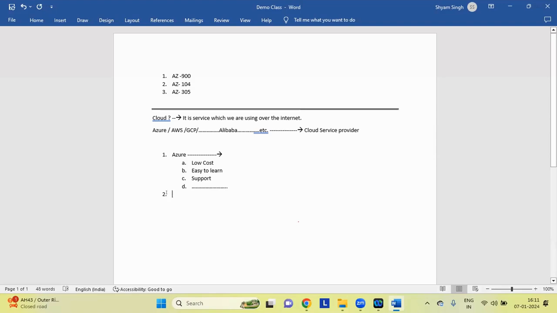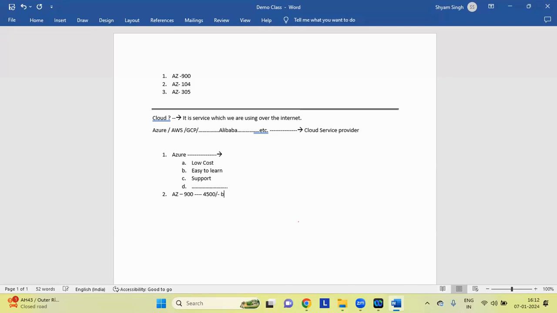Second point, why Azure? Nowadays almost all organizations are moving towards Azure because they need a cheap solution. Let me give a simple example. The certification cost of AZ-900 in INR is 4,500 Indian rupees.